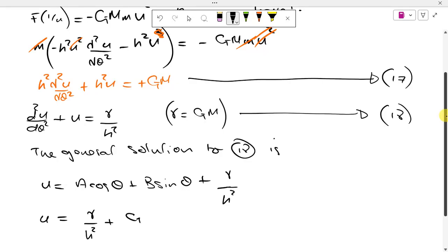I'm going to call it c1, then it doesn't mix up with the c of the cosine term. We don't want two c's together. So we've got gamma over h squared plus c1 cos of theta plus epsilon,